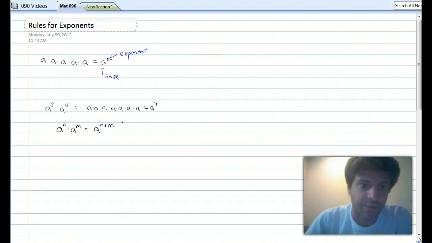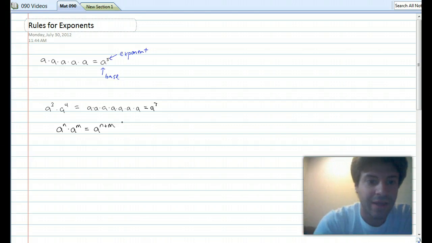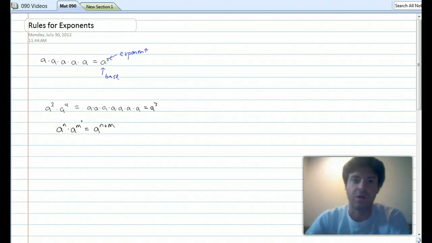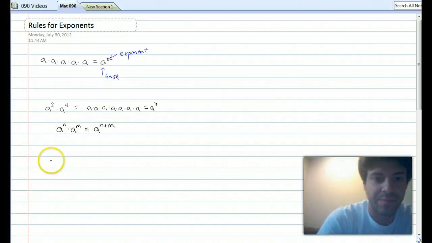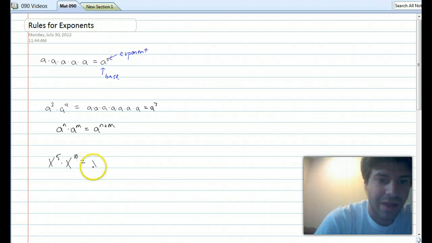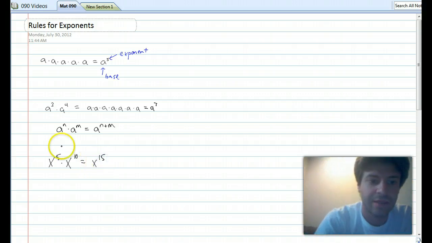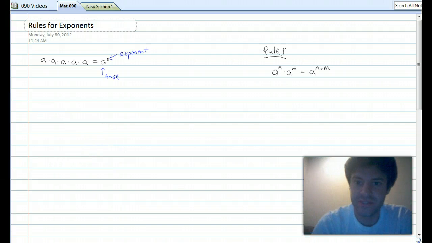That might look a little bit scary with the a and the n and the m floating around, but it's really not too bad. A can be any number or variable. The same is true for n and m. So an example of this might be x to the 5th power times x to the 10th power. We know that that's going to be equal to x to the 15th power because 5 plus 10 adds up to 15. I'm actually going to start a list of rules over here on the right,